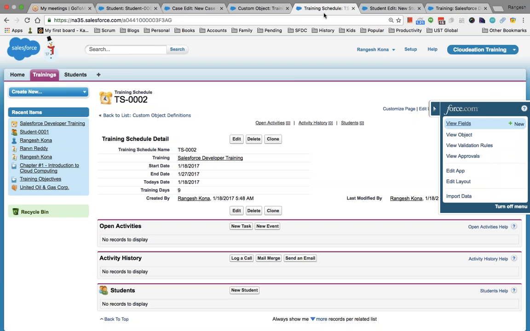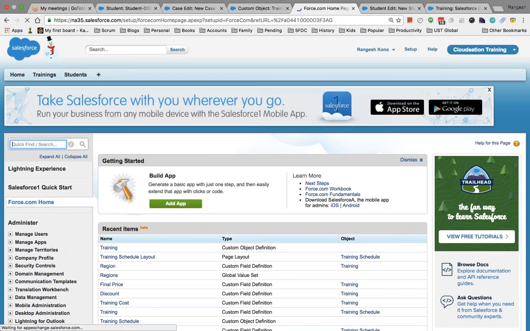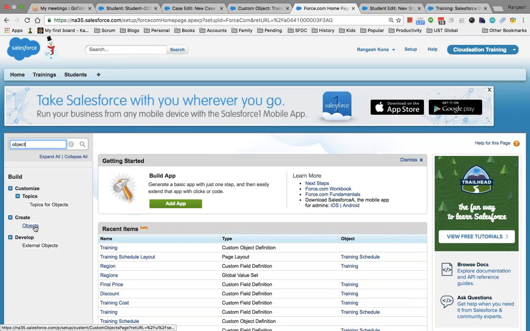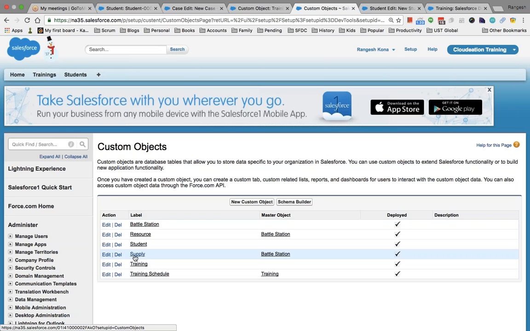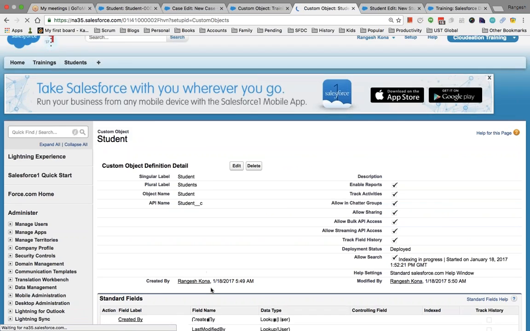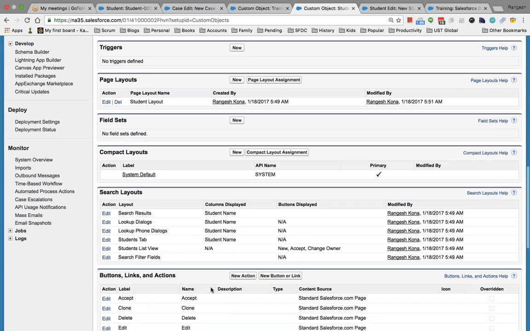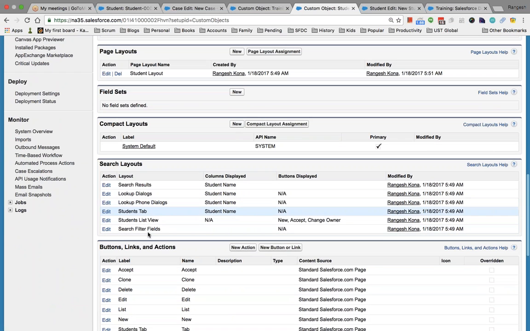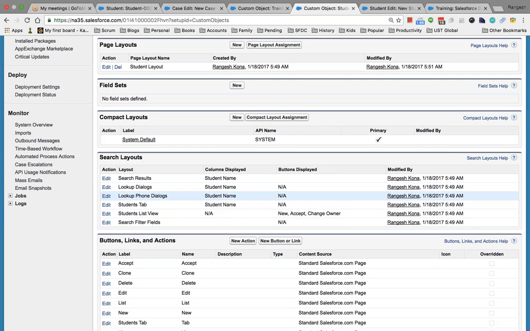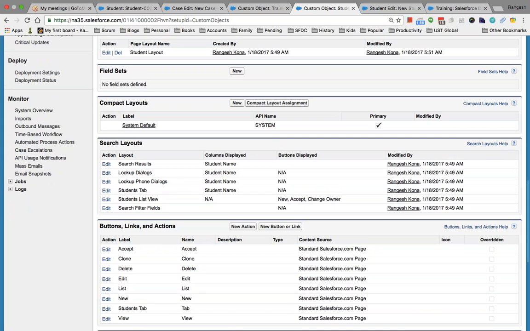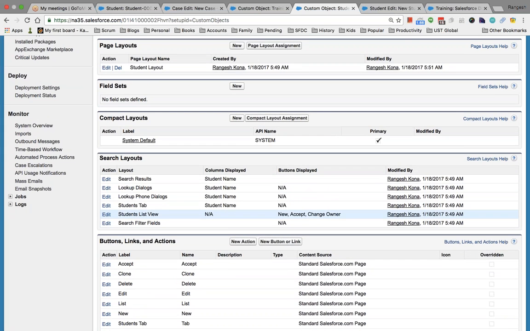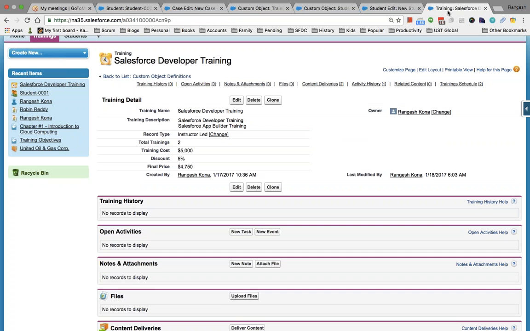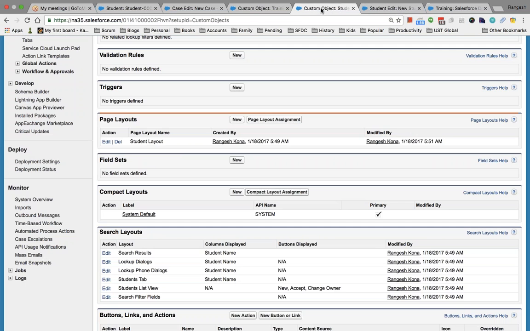I go to setup, I go to objects, then I go to student. So there is a lookup dialog box, right? Now there must be a lookup dialog box I'm looking for. Now I need to go here. So this is regarding the training one. I'm selecting the training one. So I have to